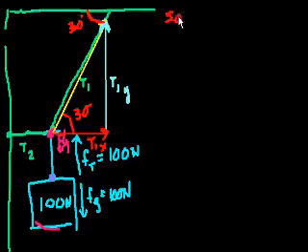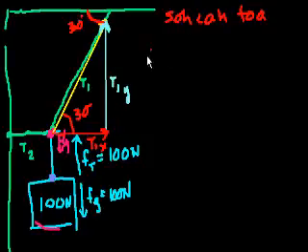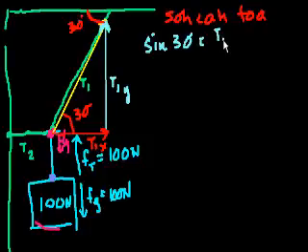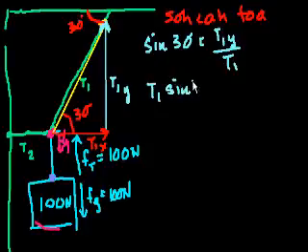Let me write SOHCAHTOA at the top, because this is really just trigonometry. SOHCAHTOA in blood red. So what involves the opposite and the hypotenuse? Opposite over hypotenuse. So that's the sine. The sine of 30 degrees is equal to T1 sub y over the tension in the string going in this direction. And so if we solve for T1 sub y, we get T1 sine of 30 degrees is equal to T1 sub y, right?